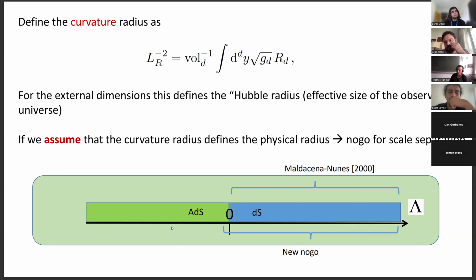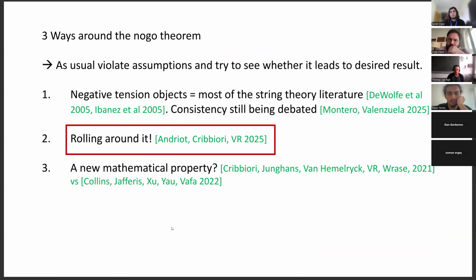But it's surprising how easy this conjecture is. You can actually explain it to anybody with a basic knowledge of differential geometry. And it's one of these unsolved problems in mathematics, whether this is true. But imagine it's not true. Then we know that simple scale separated vacua exist in string theory, okay? And then I just want to conclude by showing you three ways around the no-go theorem, and I will not discuss them because of a lack of time.